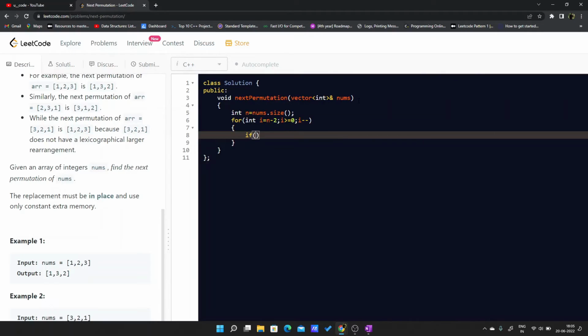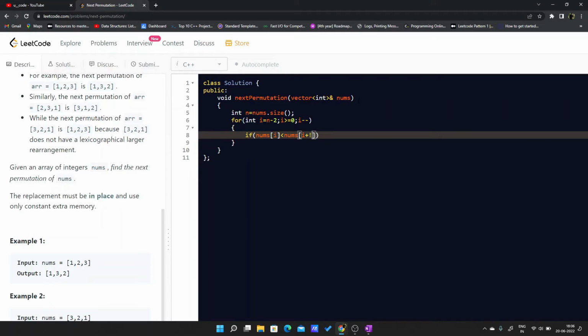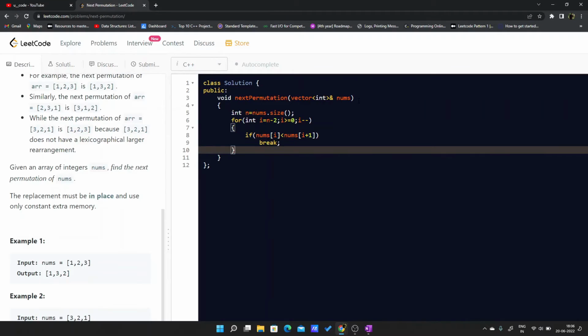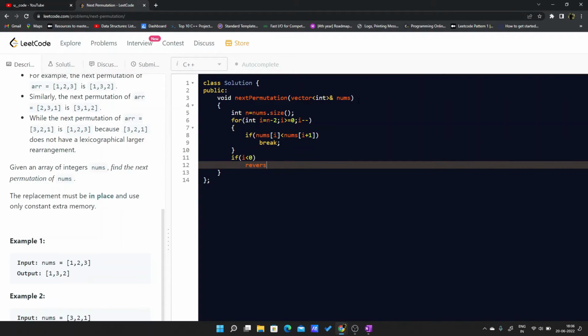If my nums of i is less than nums of i plus 1, what I can do is I can break. After that I'll check if my i is less than 0, I'll reverse my array, reverse nums dot begin, nums dot end,